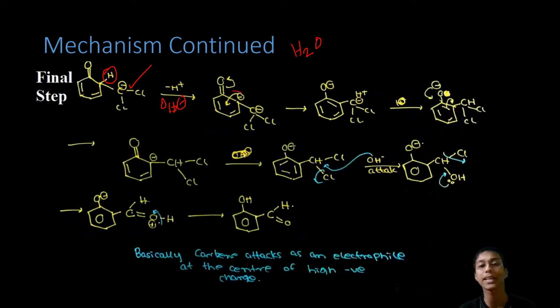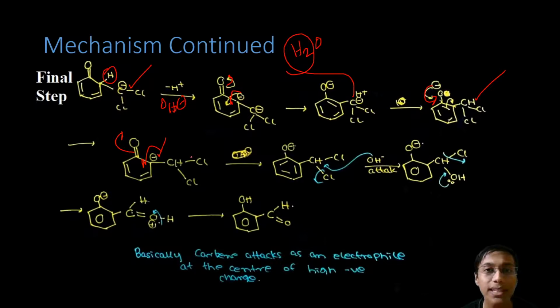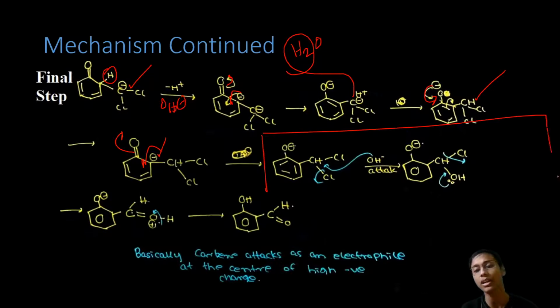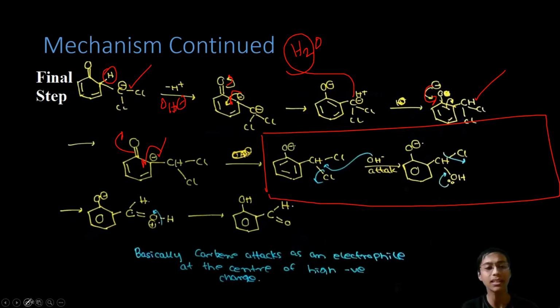After that what happens? This minus charge again goes on top of oxygen. Now from this water, this minus charge would abstract a hydrogen and again form this. After forming this, this would again push back, and this minus charge would reach here. After this, rearrangement happens, this goes here, this here. Basically these are resonating structures. I have shown all the resonating structures so that you can understand it properly. Now this step is most important after the EAS. A nucleophilic attack now happens.